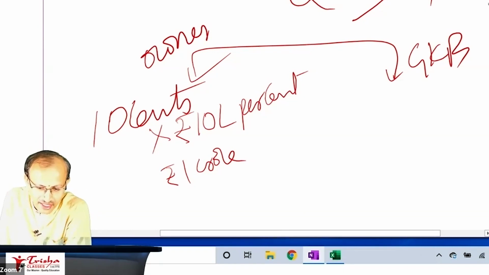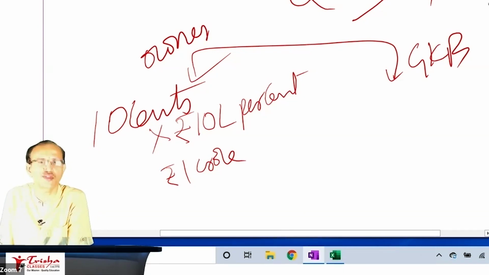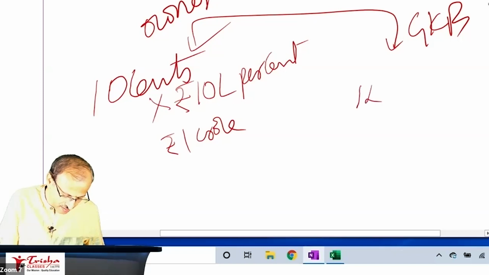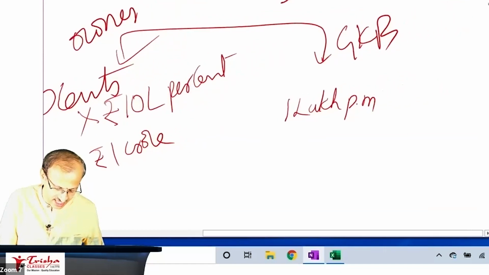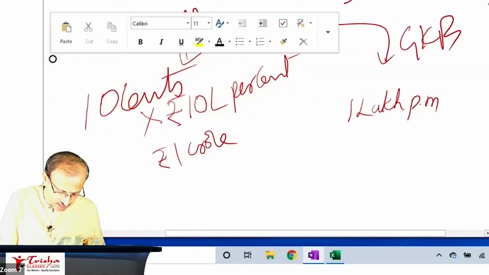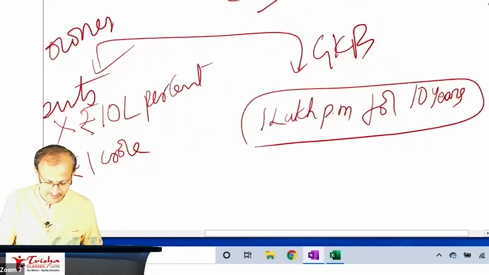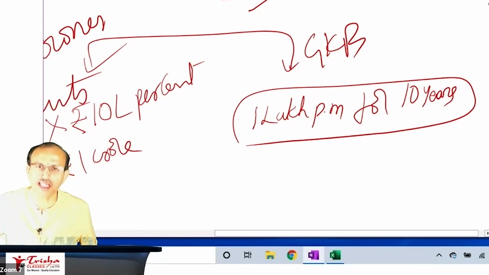He was very happy, very excited. Counter offer, very good. He said, Gopal, what is your offer? Please let me know, we'll close it today. I told him, sir, I will pay you 1 lakh per month. Listen carefully, for 10 years. This is my offer. 1 lakh every month I will pay you for 10 years.